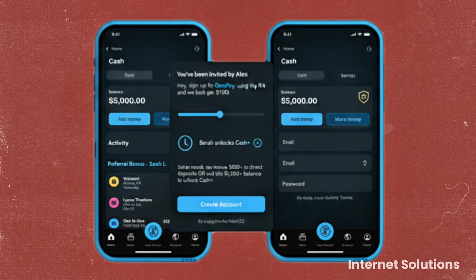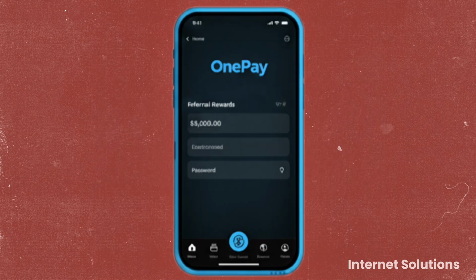And for the referral to actually count and earn rewards, your friend must unlock OnePay Cash Plus within the specified time frame. So that is 45 days, within 45 days. So unlocking Cash Plus typically means either getting $500 plus in direct deposits in a calendar month or ending a month with